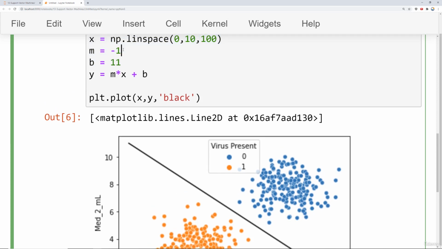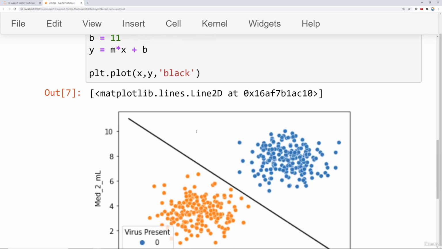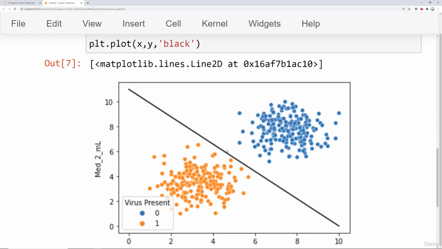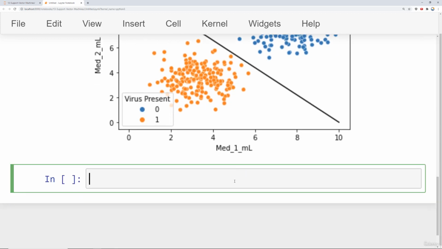For example, if I say slope is equal to negative 1.1, run that, that still separates out the classes perfectly. However, you notice we're much closer now to the 1 grouping, and clearly we probably want something with a little more bias. Let's start exploring the support vector machine by saying from scikit-learn dot, and the family this is from